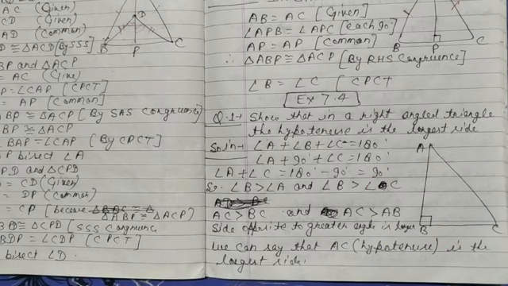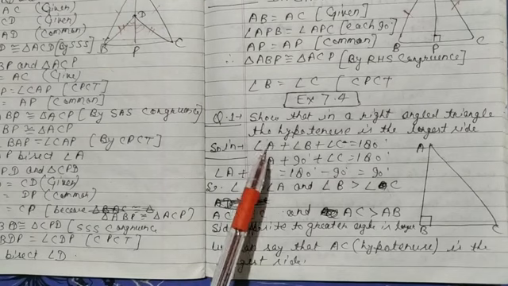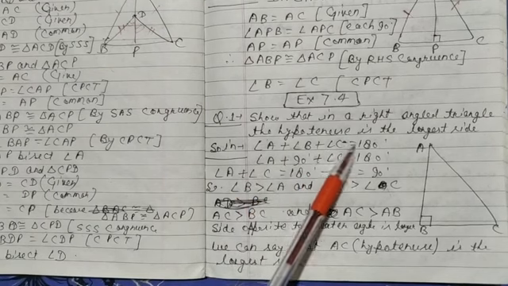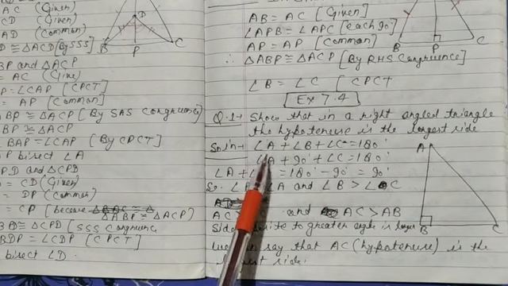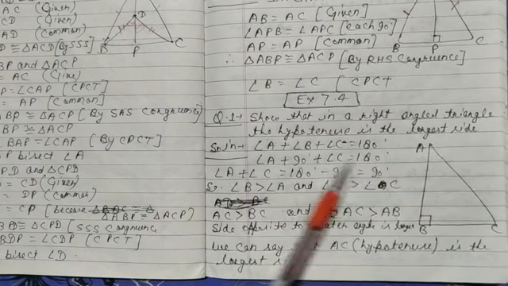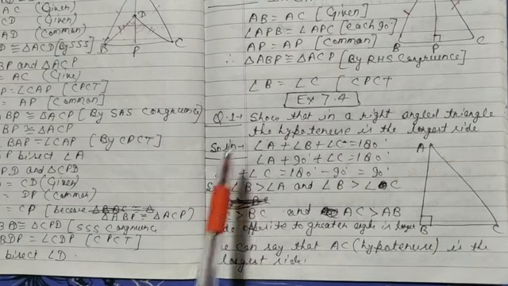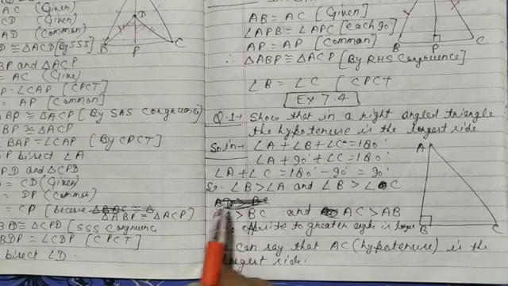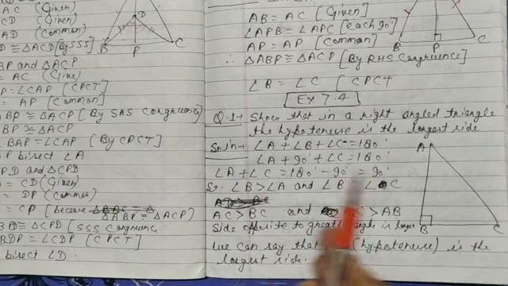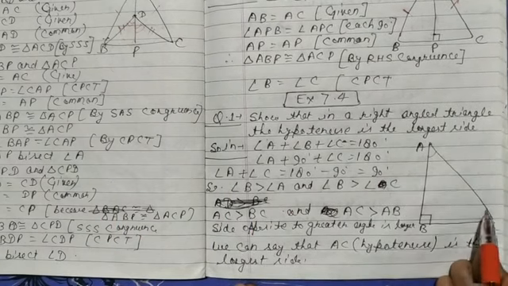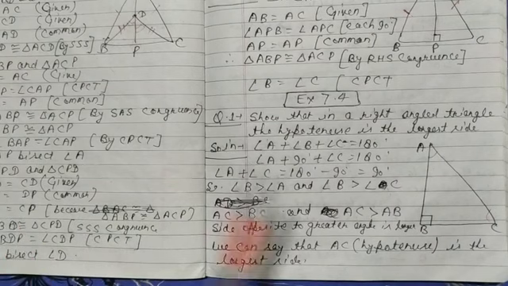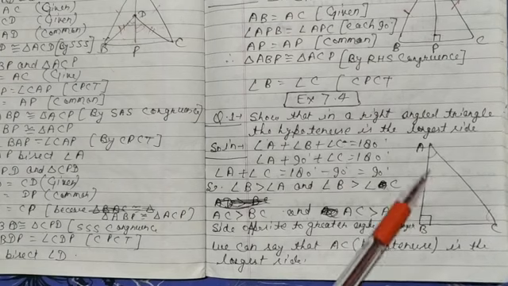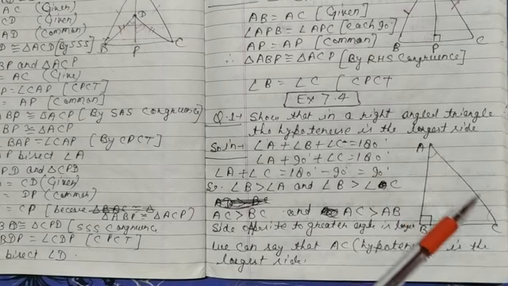We already know the angle sum property of a triangle. The sum of all angles is 180 degrees. So angle A plus angle B plus angle C is equal to 180 degrees. Put here the value of B: angle A plus 90 degrees plus angle C equals 180 degrees. Angle A plus C equals 90 degrees. Transposing to the right side, 180 degrees minus 90 degrees is equal to 90 degrees. So the sum of angle A and angle C is 90 degrees, and angle B is already 90 degrees. Angle B itself is 90 degrees, and the sum of these two angles is 90 degrees.